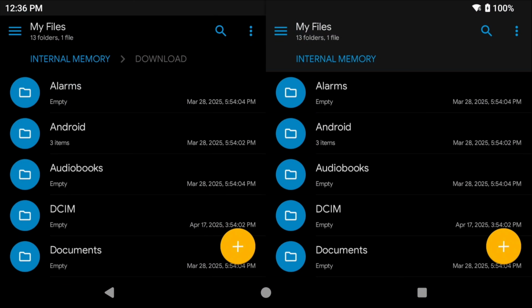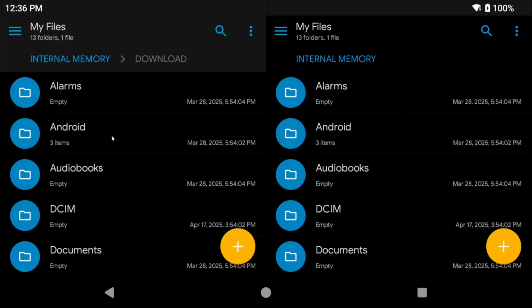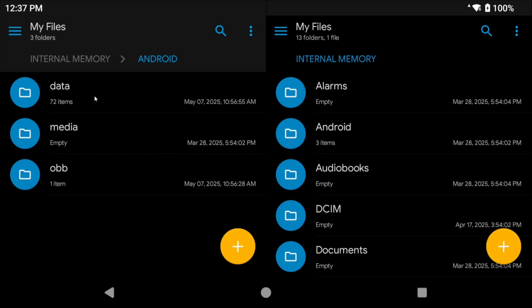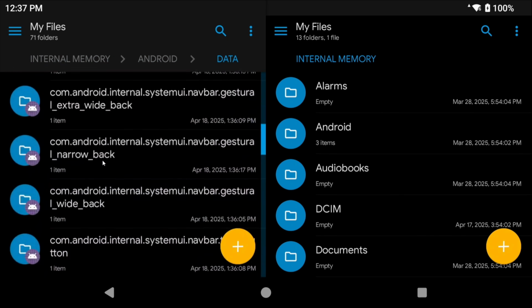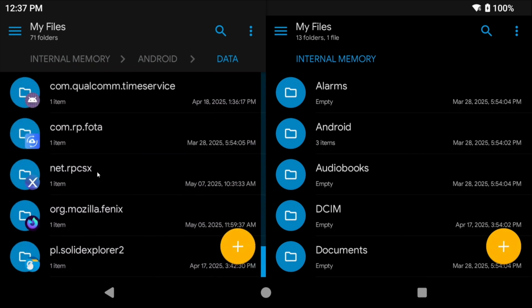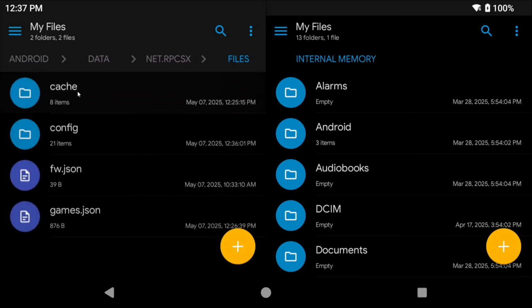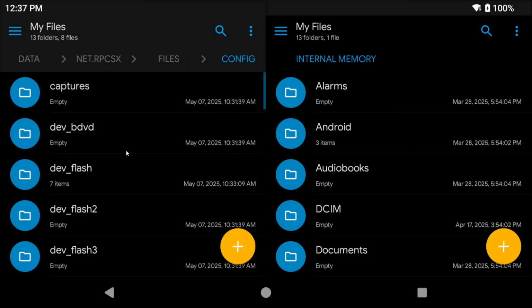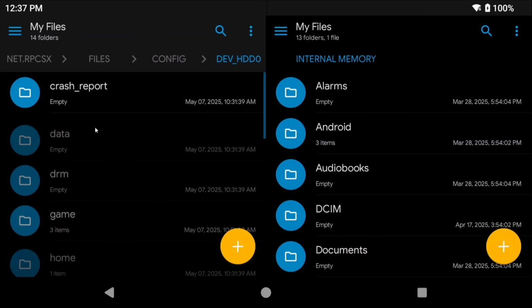Now, if you're curious where RPCSX saves all of the data, your saves, all of that sort of thing, this is going to be device dependent as newer Android devices without root won't allow you to access the Android data storage, but if you head into the internal storage on your device, go into the Android folder, Data, net.rpcsx, Files, and then finally the Config folder, you're going to see a whole bunch of folders here. And if you're familiar at all with RPCS3 on Windows, it is basically the same. So your saves are in the